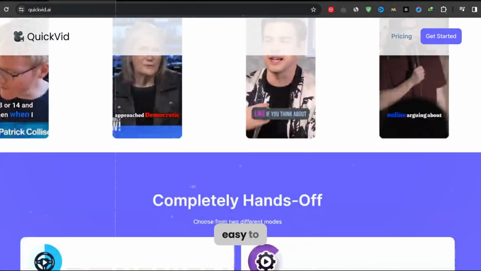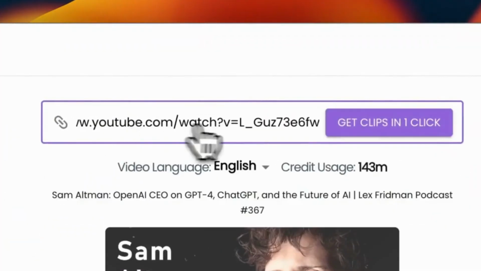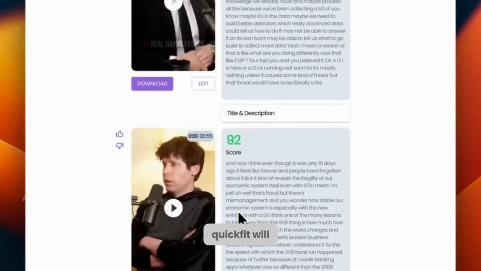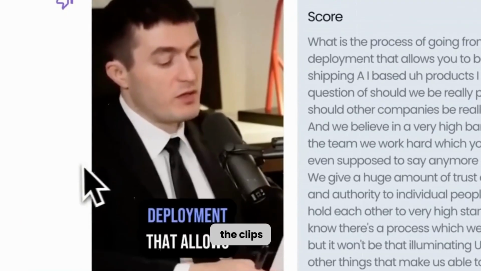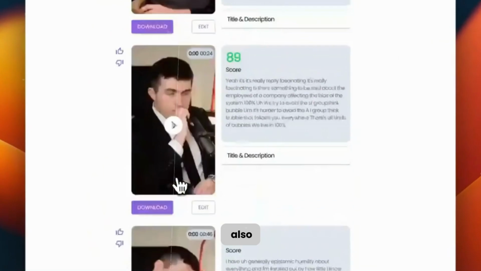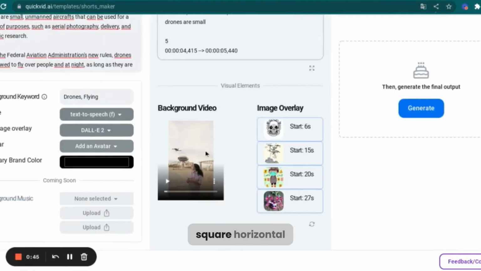QuickVid is super easy to use. You just upload your video, get the transcript, and select the text snippets that you want to turn into clips. QuickVid will automatically generate the clips, add subtitles, and customize the appearance to match your brand. You can also choose the format of your clips, whether it's square, horizontal, or vertical, and add a catchy title